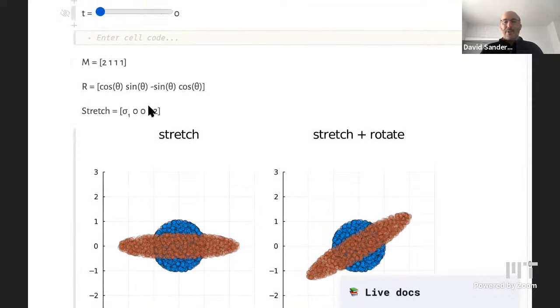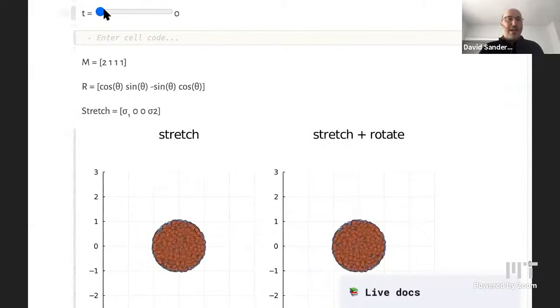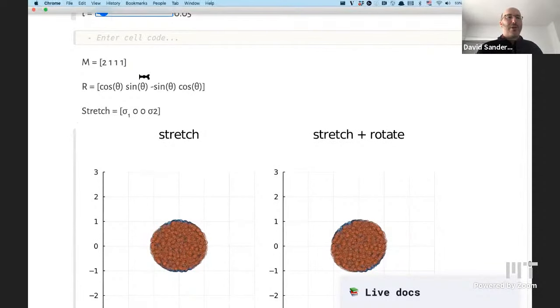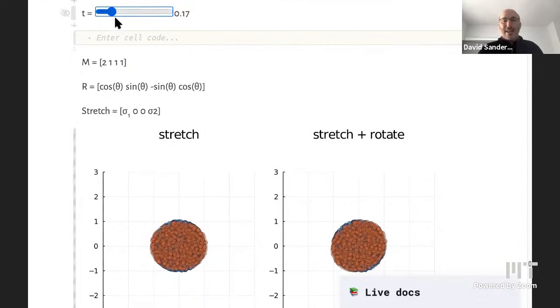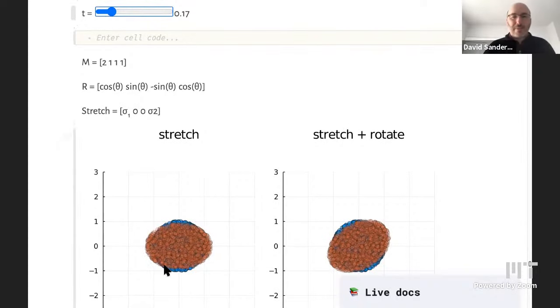And then, so let's start. Now what we're going to do is work up to that transformation 2, 1, 1, 1, bit by bit. I've got this slider, which starts at the identity transform and ends at this 2, 1, 1, 1. And as we move the slider, it's a bit slow, but this circle